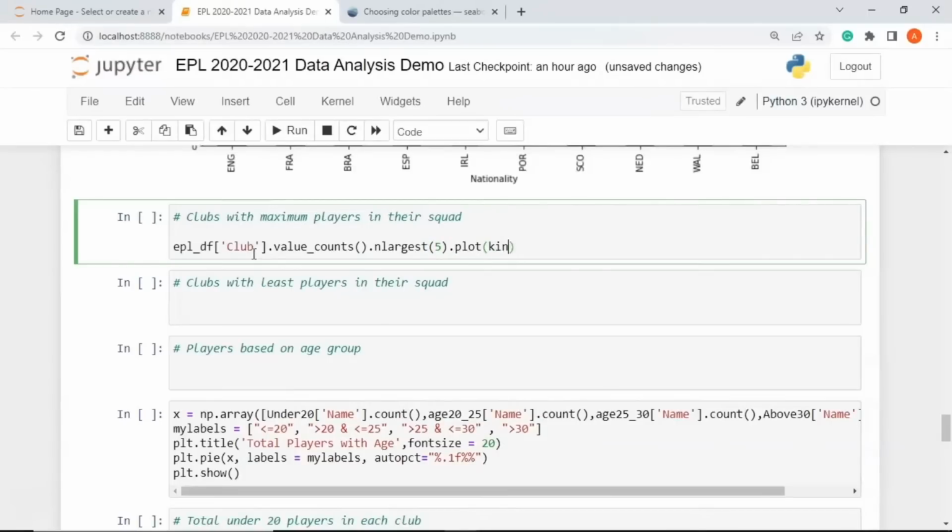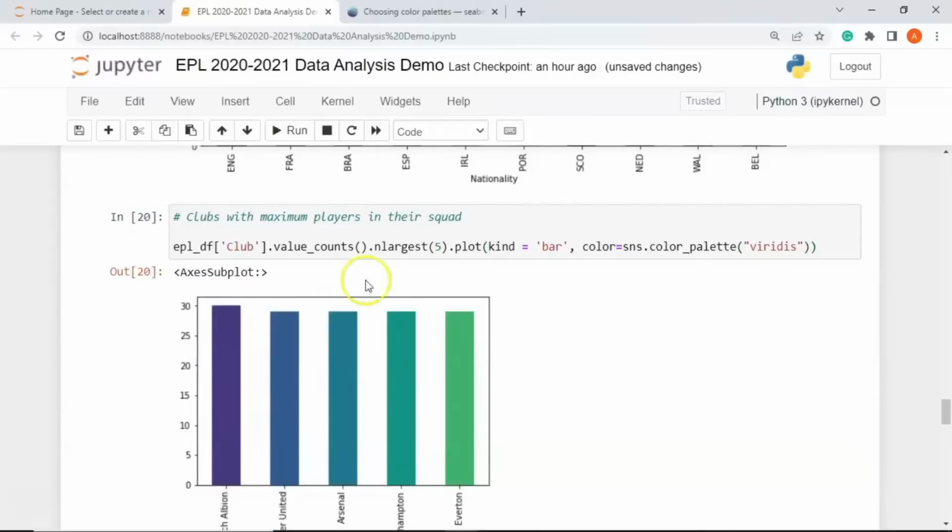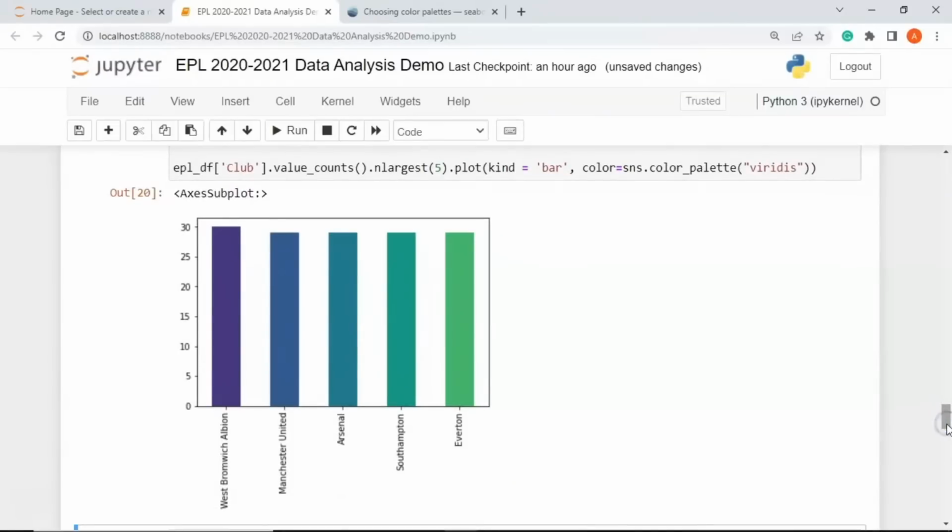This will be a bar chart again, so I'll say kind equal to bar, comma, and we'll say color equal to sns dot color underscore palette. Let's choose a new palette, namely Viridis. So I'll write it correctly, Viridis. Fine. Let's run it, and here you can see we have